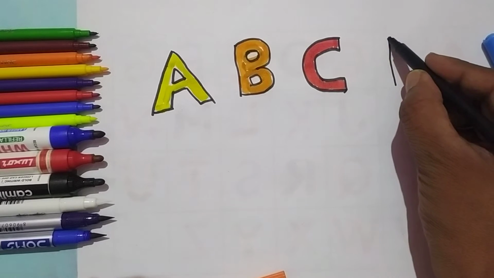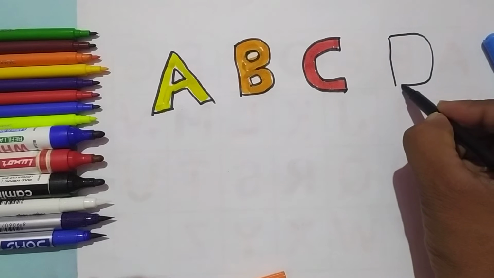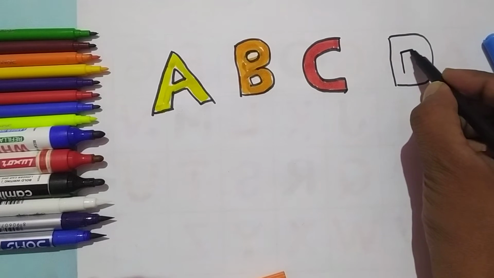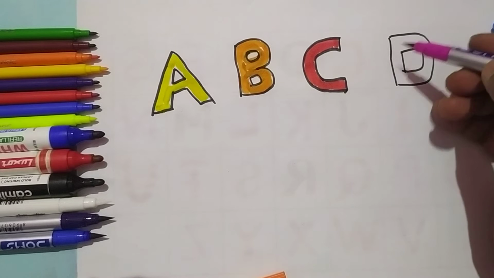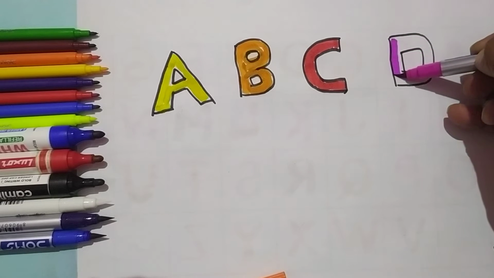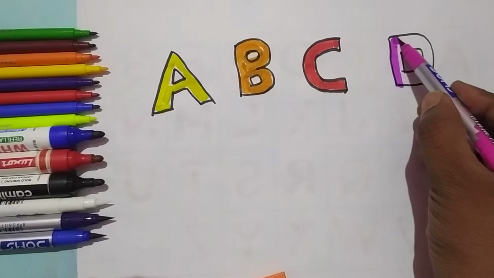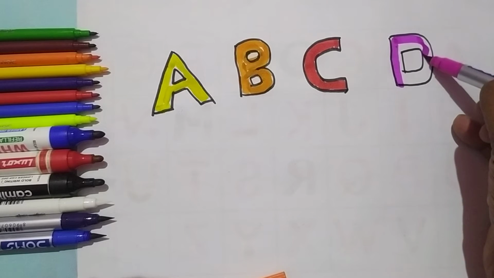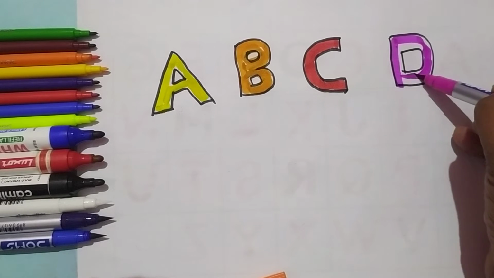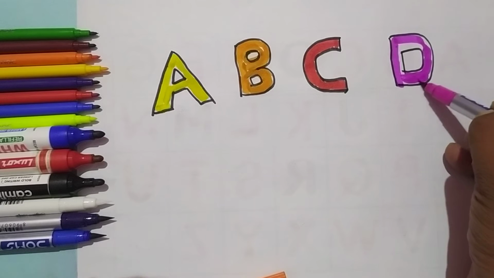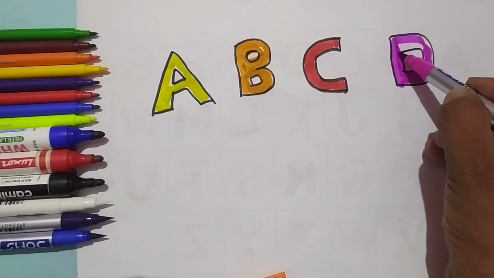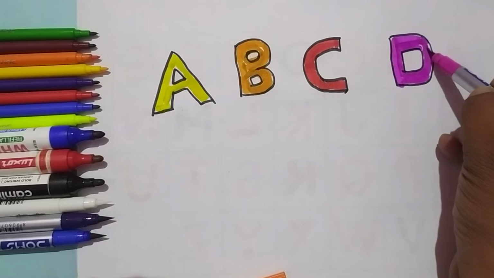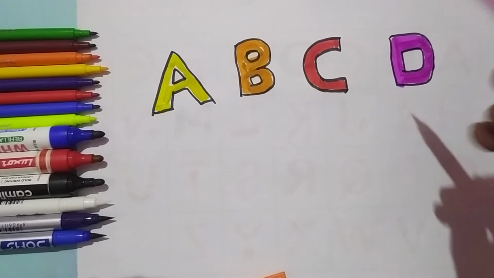D for doll. D for dog. D for dog with pink color. Okay. D for doll. D for dog. D for dolphin. D for dog. D for dolphin. D for doll. Wow, nice. Next